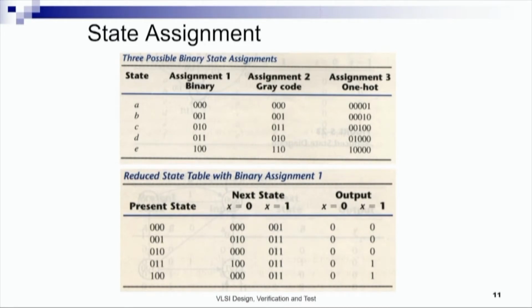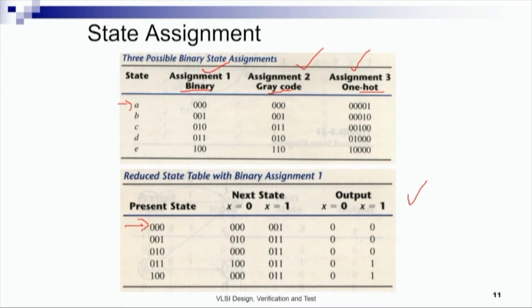Here we have shown 3 distinct encoding schemes. So this one is a simple binary encoding, this one is gray code, and this one is one hot encoding. And in this diagram, we have shown that with simple binary encoding, this is what we get. When the input is A, we have represented A with 0, 0, 0, and the